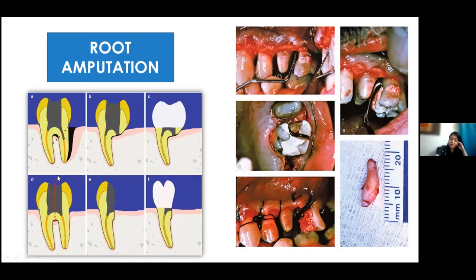Similarly, hemisection. There are two types: bicuspidization or hemisection. In bicuspidization, we make two premolars out of one molar if bone is there. Nowadays we are doing this for vertical fractures also. We divide them after root canal, we splint them, and we retain them till bone grows around each tooth, so they can act as two premolars. Otherwise, if there is bone loss around one root, we can remove the whole thing, put a crown like a premolar and use it.